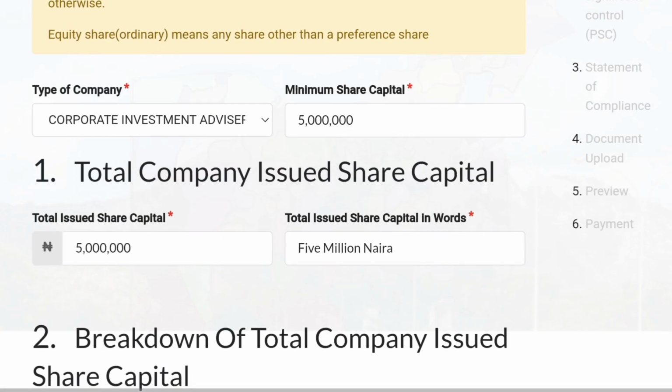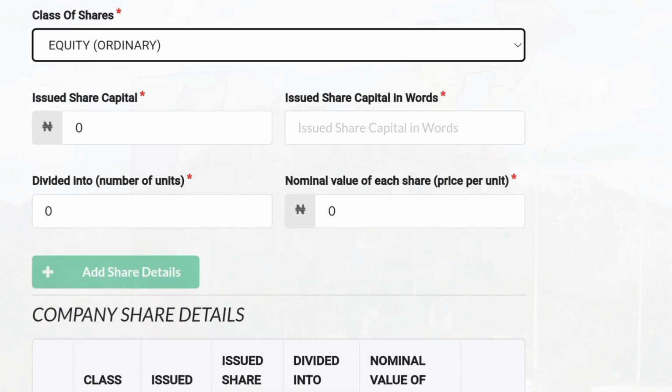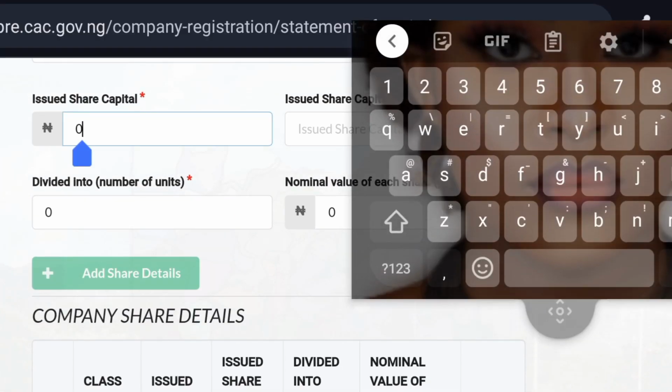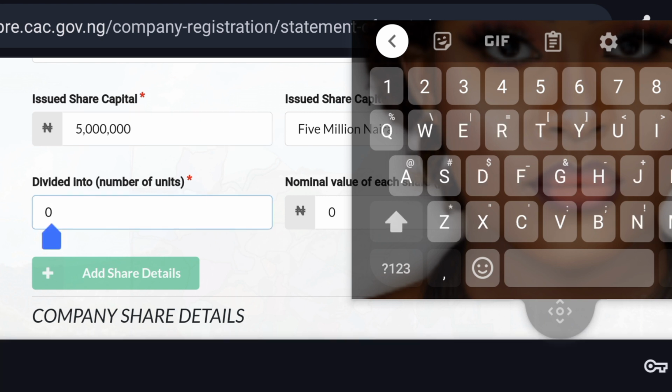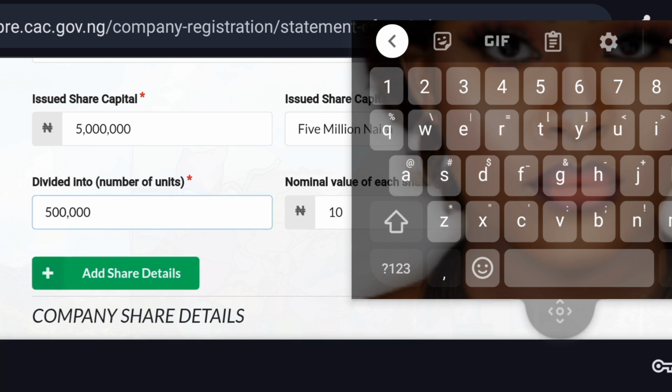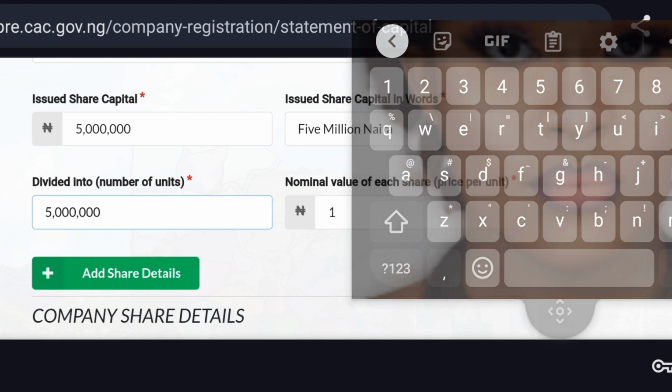Okay, so on the left side, we're going to fill 5 million, and also here 5 million. So I explained this part in the company registration video, and let me try to explain a little for some of you that